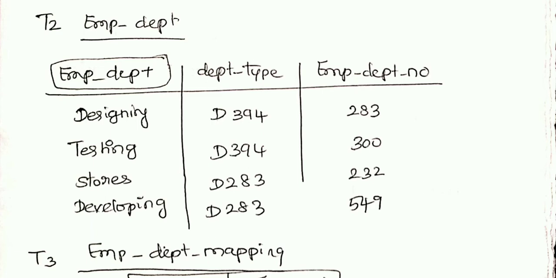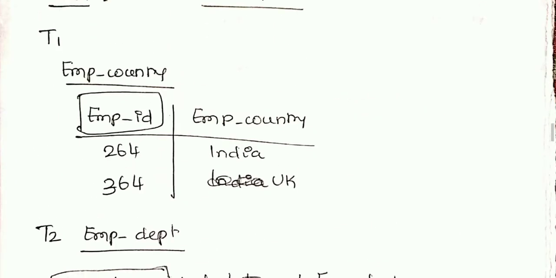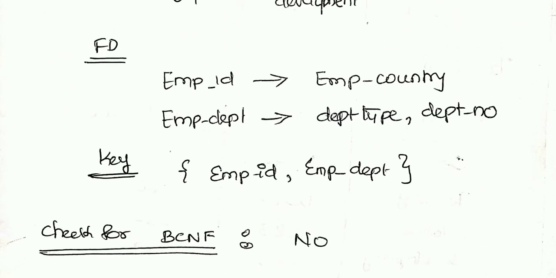So these two tables are decomposed from your original table. We have decomposed these two tables from these two functional dependencies. The dependencies are taken separately as new tables. So these two tables are separate now. We need something to join both the tables. We need some relation between these tables.